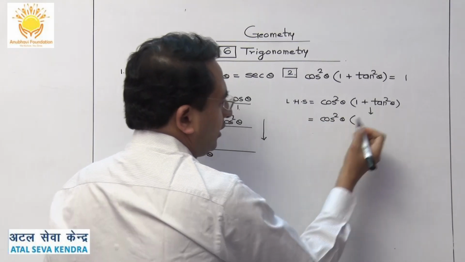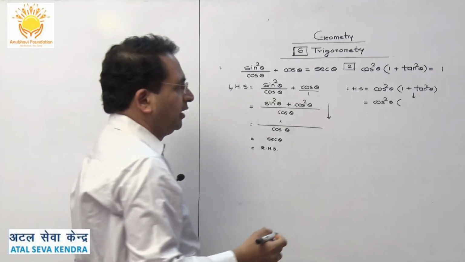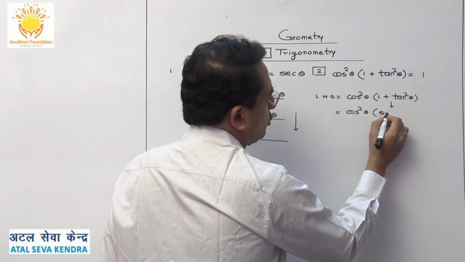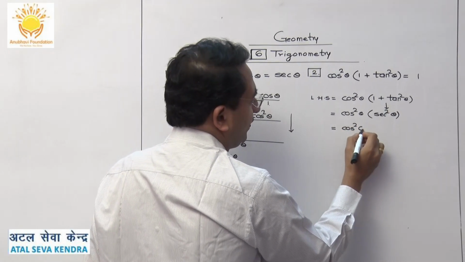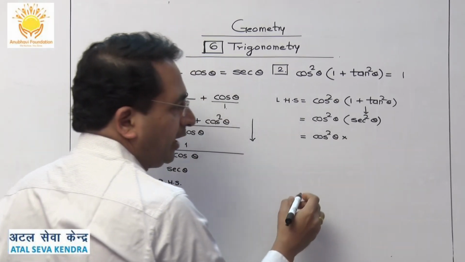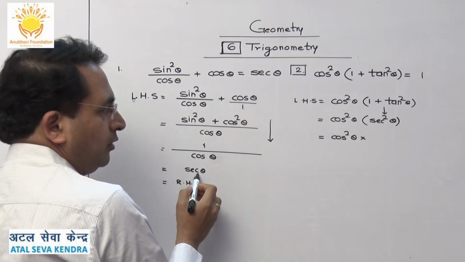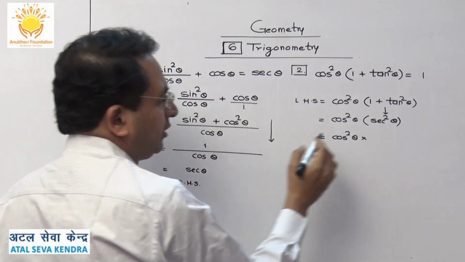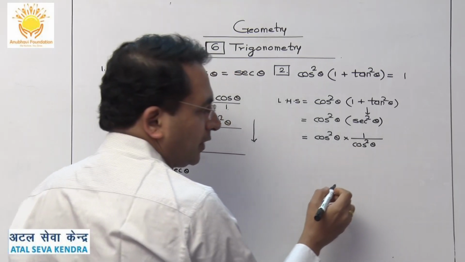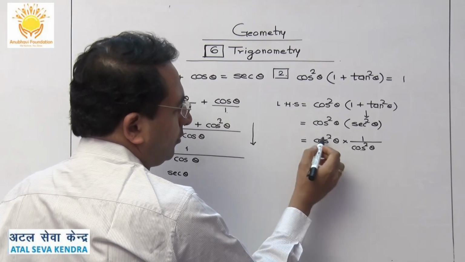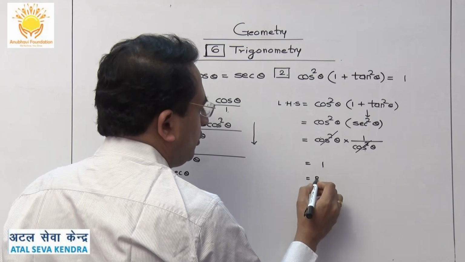And you know the identity here. So in place of that bracket, 1 plus tan square is equal to sec square. 1 plus tan square theta is going to be sec square theta. And you are bound to get this part as cos square theta multiplied by this. Now what we have done here, 1 upon cos theta, we have written as sec theta. So sec theta can be written as 1 upon cos of theta, but sec square theta can be written as 1 upon cos square theta. And definitely this part is a numerator denominator format, so they will get cancelled. And the answer of this is going to be 1, that is equal to RHS.